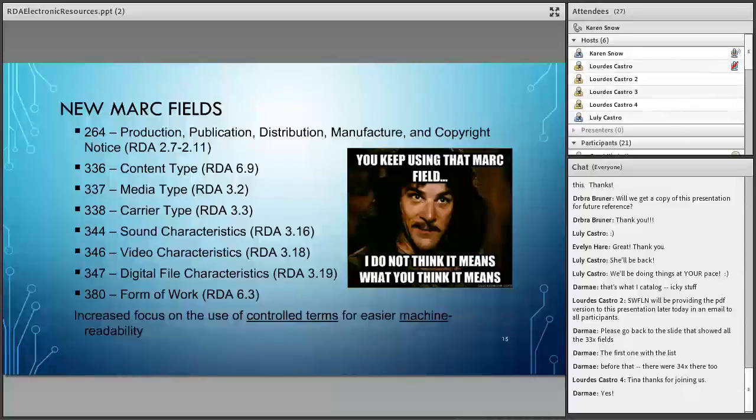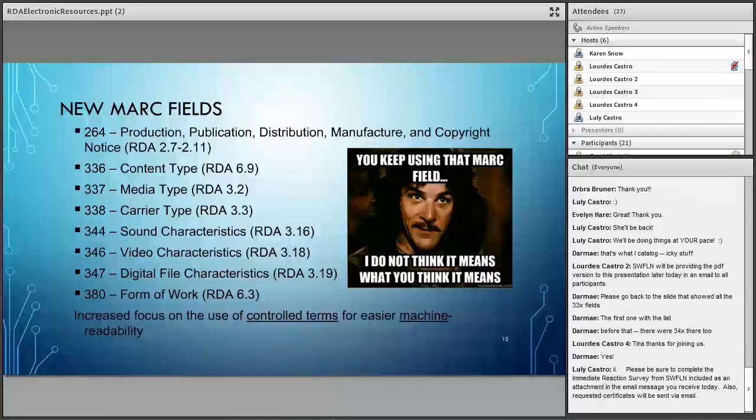Right. Okay. So here are some other fields. I obviously wasn't able to cover all of the 3XX fields, like 344 and 347. But if you have a resource where it's important to include sound characteristics and video characteristics and so forth, do that. I didn't talk about the form of work. In the video game, the RISC-2, I put computer game there, and that's required if it's needed to distinguish one work from another.